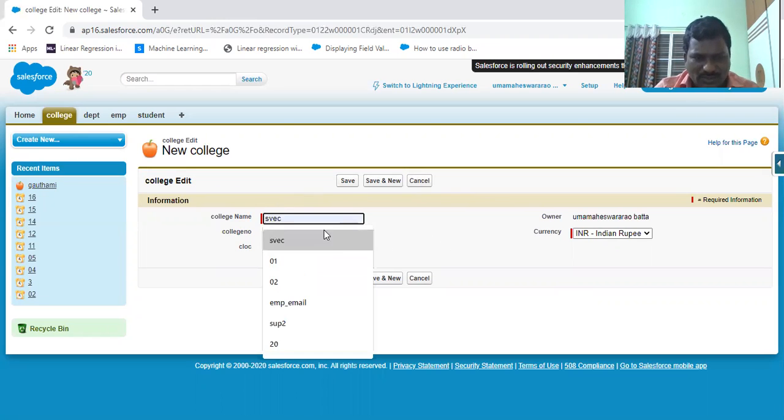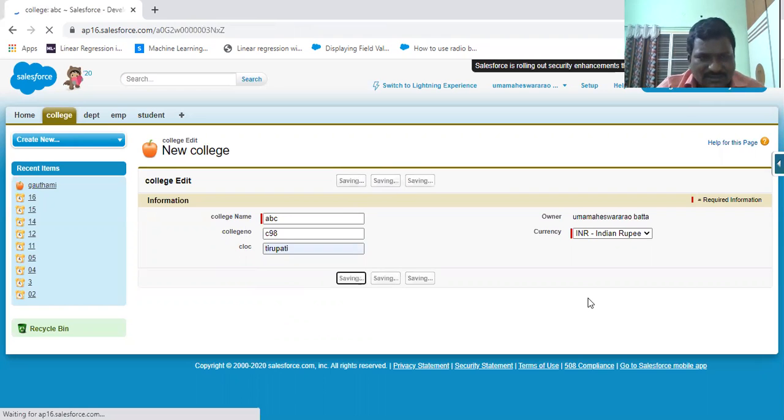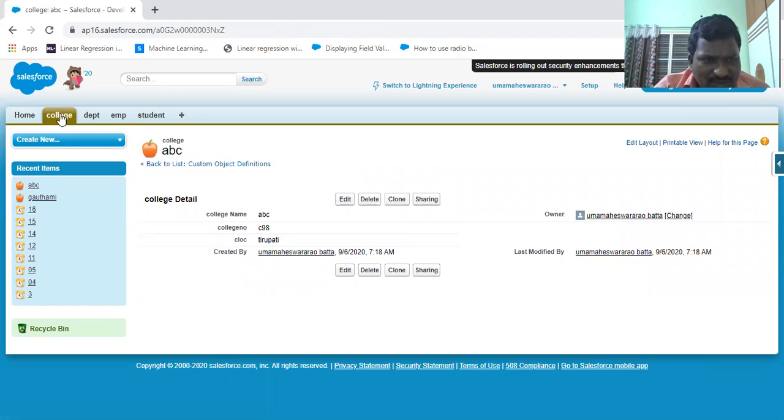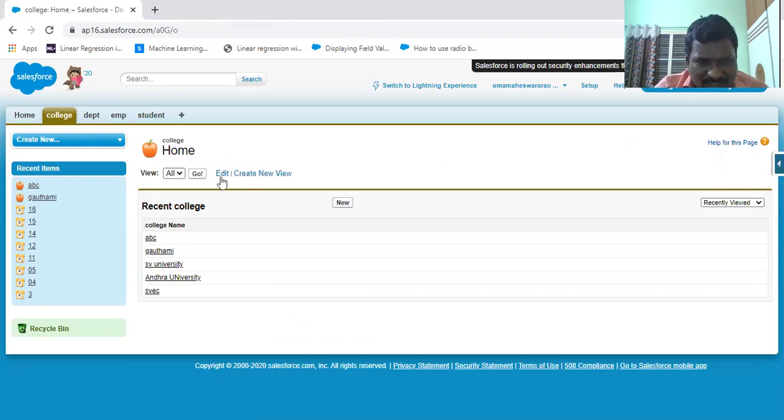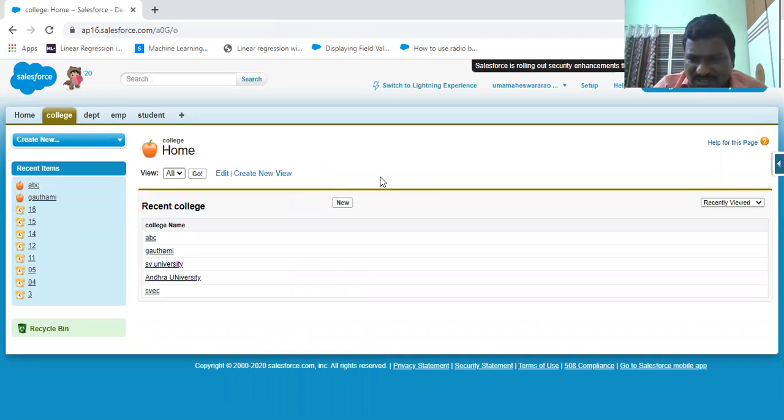Here you also give the college name, for example ABC, college number C98, college location Tirupati, and then save it. Here you have the record-related information. This means you may create the record in any format. In this way you will add record types. Thank you.